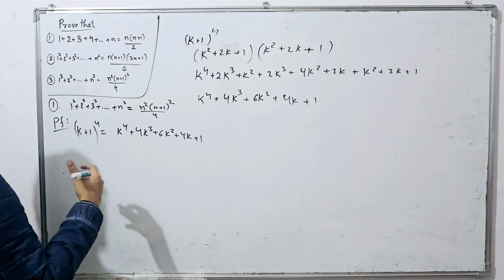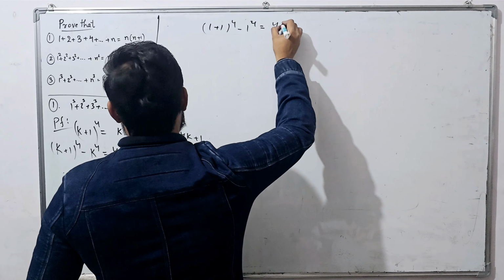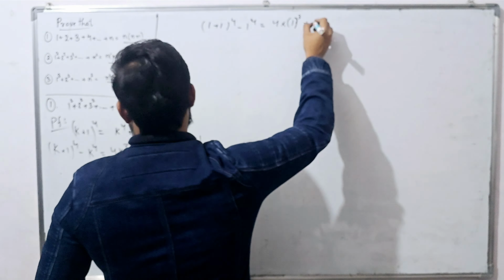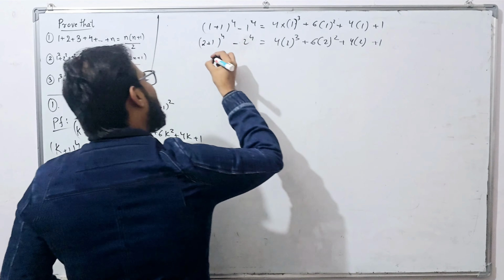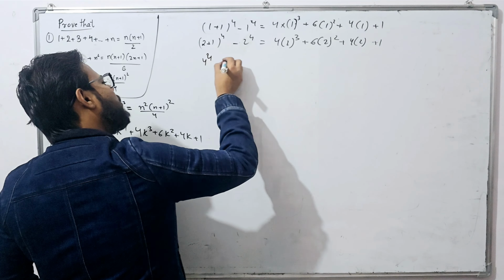So now let's see for k equal to 1, what we get. (1+1)^4 minus 1^4 is equal to 4 times 1 cube plus 6 times 1 square plus 4 times 1 plus 1, right? And you substitute 2, you get (2+1)^4 minus 2^4 is equal to 4 times 2 cube plus 6 times 2 square plus 4 times 2 plus 1. And when you substitute 3, you get 4^4 minus 3^4 is equal to 4 times 3 cube plus 6 times 3 square plus 4 times 3 plus 1, and so on and so forth,